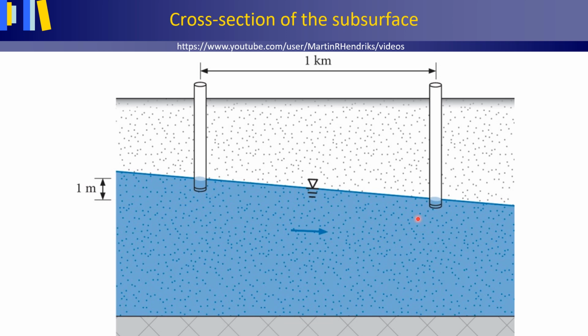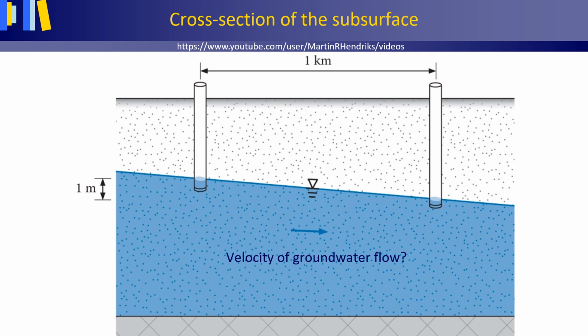Can we estimate the velocity of the groundwater flow? If yes, we can also establish the time it takes for a conservative pollutant at the left piezometer screen to reach the right piezometer screen. A conservative pollutant is a pollutant that does not interact with the ground mass, or in other words, the polluting substance goes with the flow.